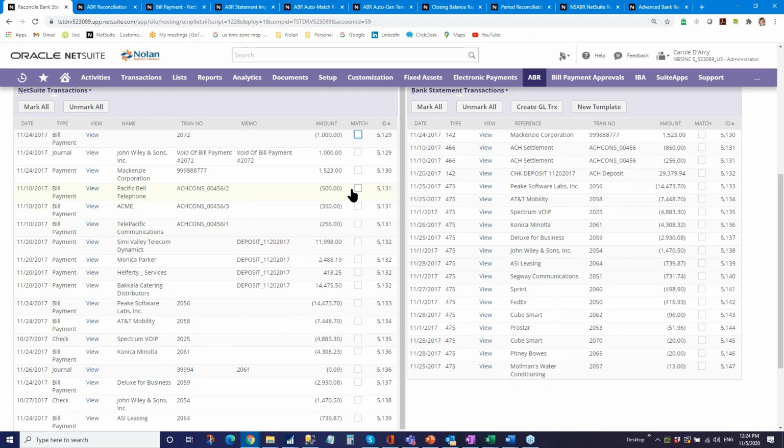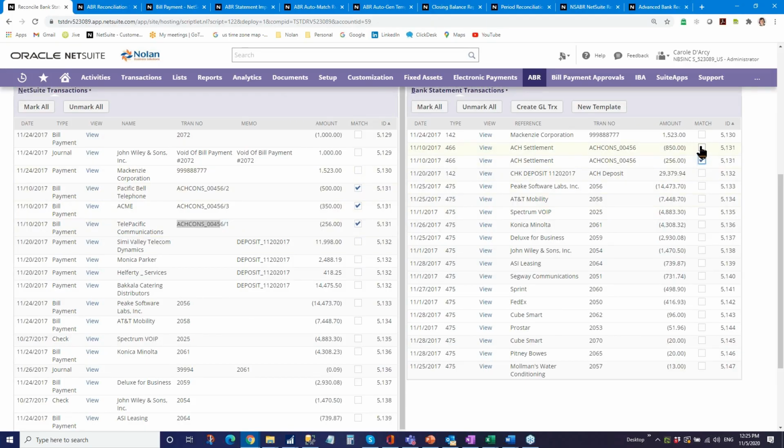So here's an example where we have individual vendor payments through ACH electronic payment. Now this works really well in tandem with our own electronic payment module, where we purposely populate our transaction number with a consistent file name followed by a payment sequence. So carrying that transaction number through to ABR essentially allows me now to create a grouping rule for ABR to recognize that these vendor payments were all part of the same batch, should therefore be grouped together and be matched